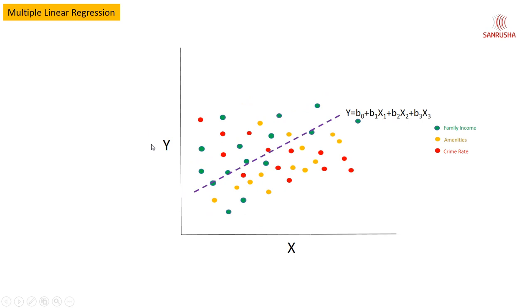In the real world, you might get something like this. You might get a scatter plot of y versus x. There are scattered points based on different feature values. So you will get data with a lot of features, and based on those features you have to predict the dependent variable. And then you have to come up with this formula. Through your training data, you will calculate this b0, b1, b2, b3, the coefficients of these features, and then you will derive this formula. Once you have derived the formula based on the training data, then you are good to go. So overall flow is the same, but the only difference is instead of one independent variable, one feature value, you have multiple feature values to play around. So you will get multiple coefficients.